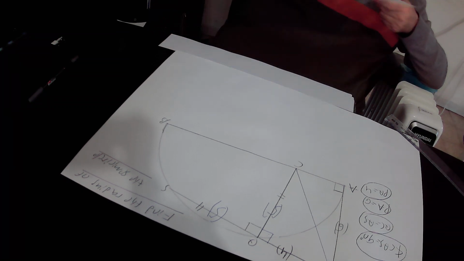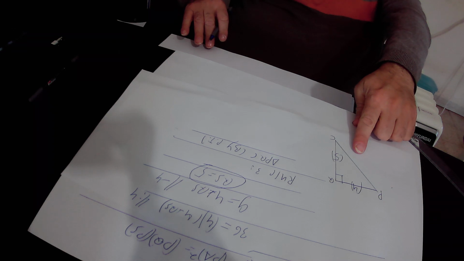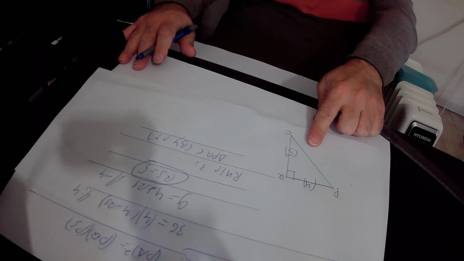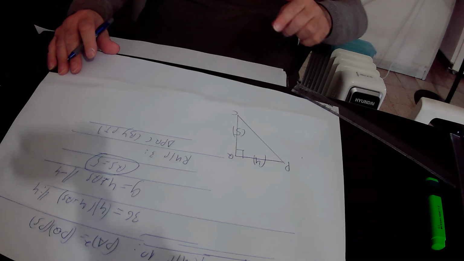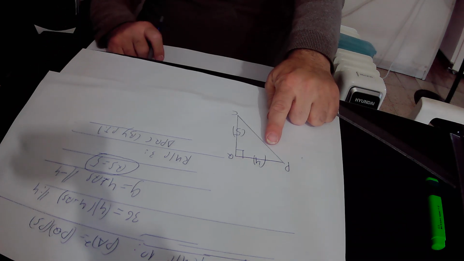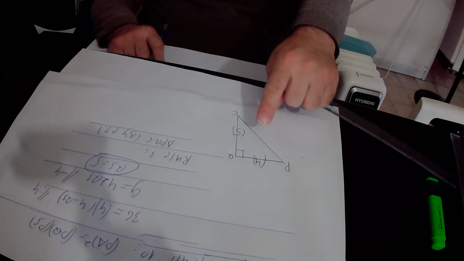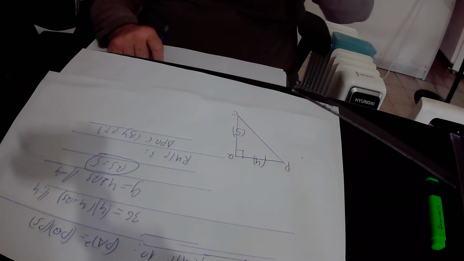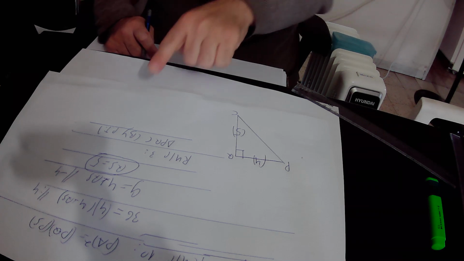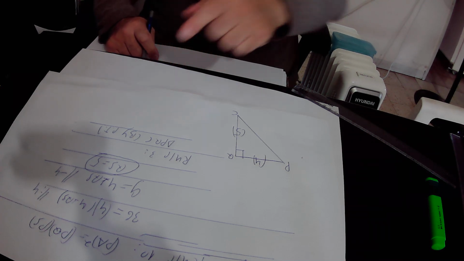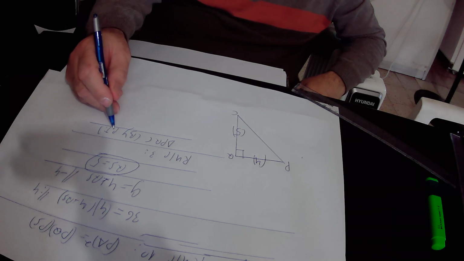So actually, this is the right triangle PQC that I copied from the original drawing. Side PQ equals 4 units according to what is given in the question, and we just found out that QC equals 5 units. So in this right triangle PQC, PT is the abbreviation for Pythagoras theorem. So according to the Pythagoras theorem,